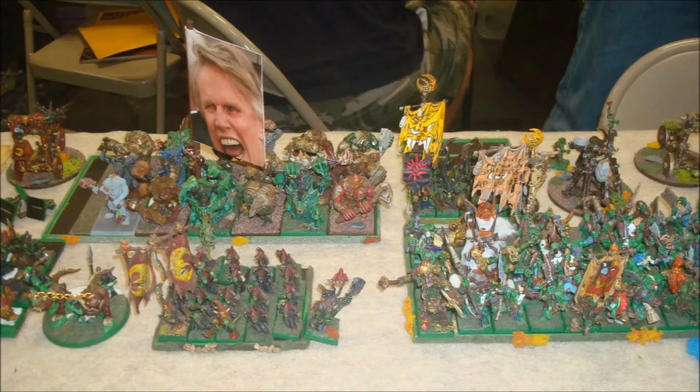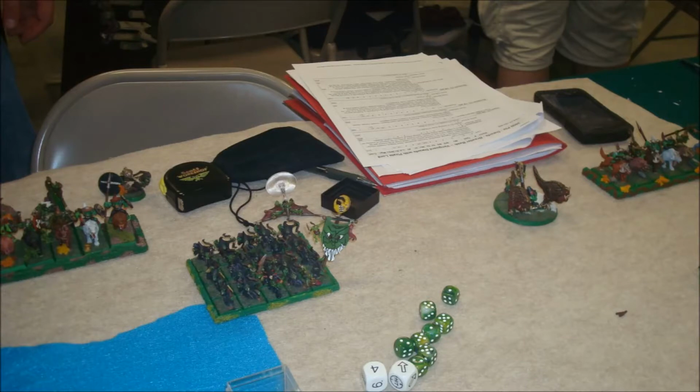Here's the big part of my deployment, and he has lots of little guys with flaming weapons and stuff to try to take the regen away from my trolls before the main units strike. So I got my trolls back a little bit here so they can try to support later, and hopefully I can wear down some of these other units before they come into contact with my trolls. And finally over here,